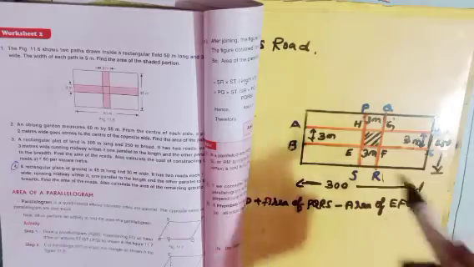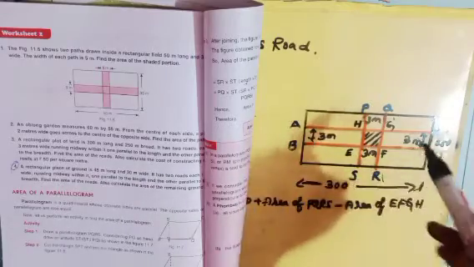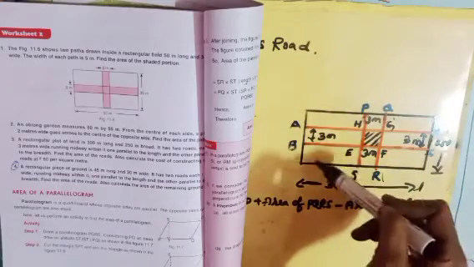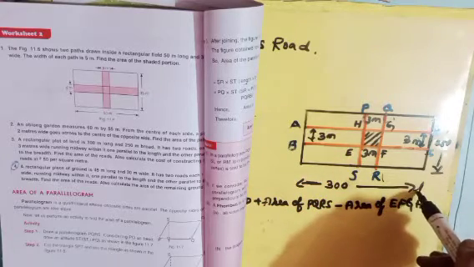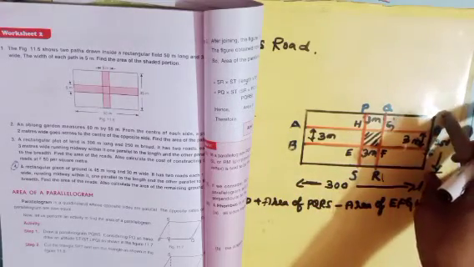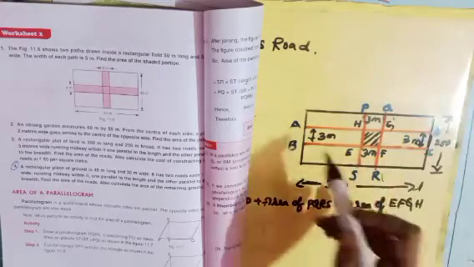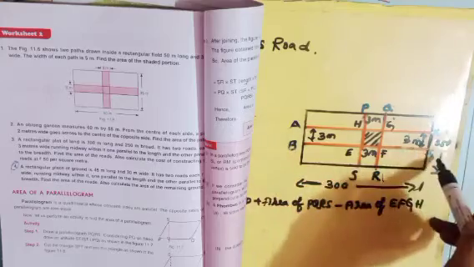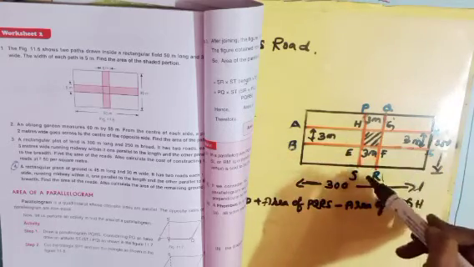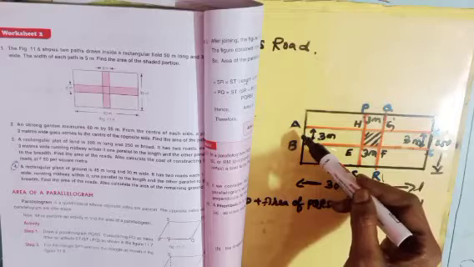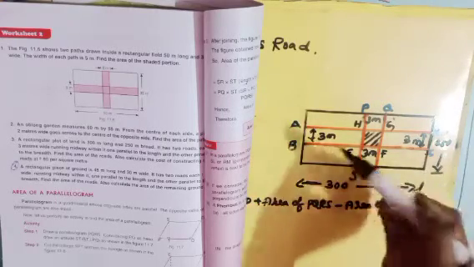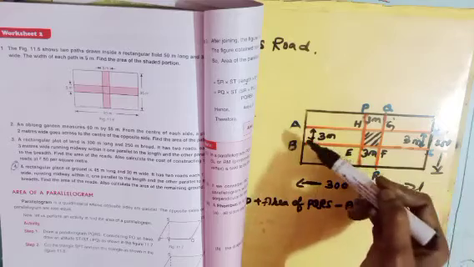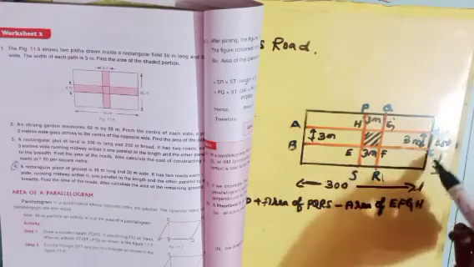So let us think in this figure. This is a rectangular plot of land whose length is 300 meter, and breadth is 250 meter. Next, it has two crossroads, AB, CD as well as PQ, RS. You can give the name of the crossroad anything you want, like XYZ. Better I'll give the name as ABCD. It will be easy for us.